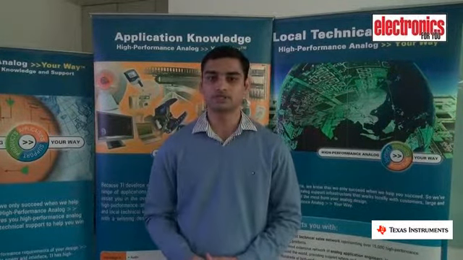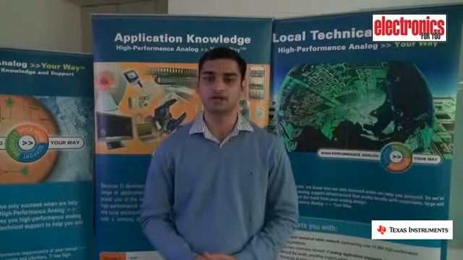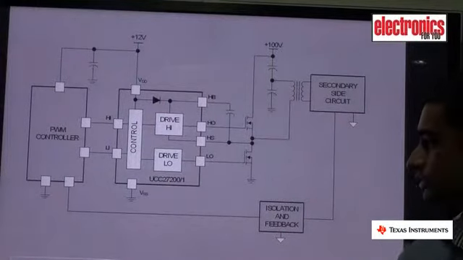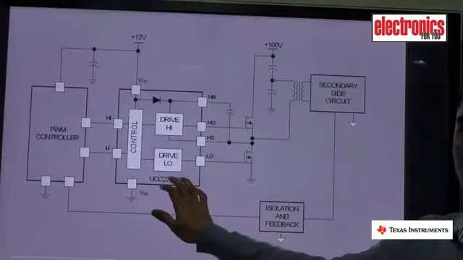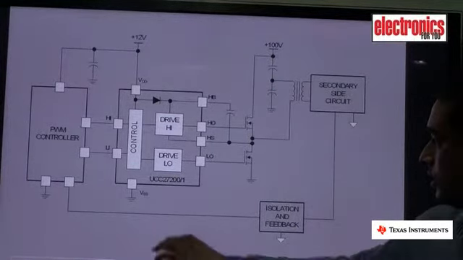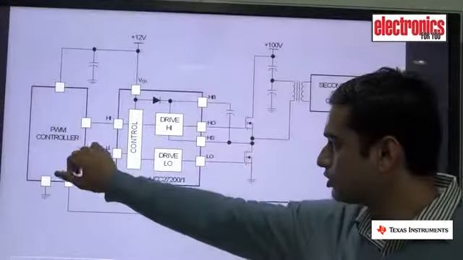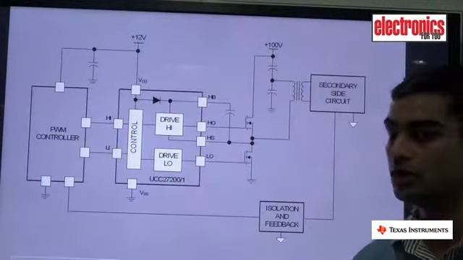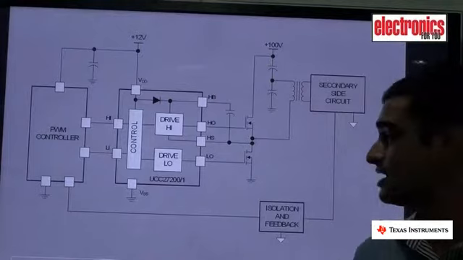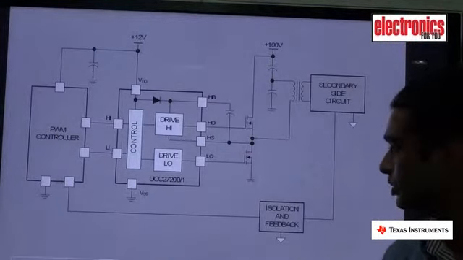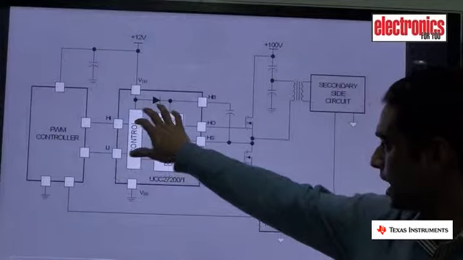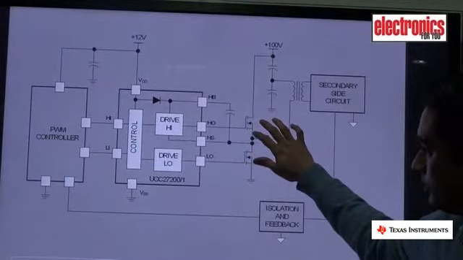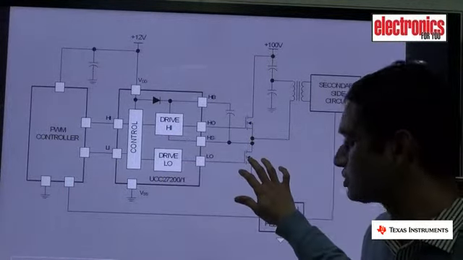I will be taking an example of the UCC27211 half bridge MOSFET driver to explain the half bridge topology of driving the MOSFET bridge. So here you can see UCC27200 used in a half bridge driver stage. Here your PWM inputs come from your microcontroller. Your microcontroller can operate at 1.8 volt, 3.3 volt, or 5 volt, because these ICs can accept CMOS as well as TTL level input. The internal bootstrap diode and the external bootstrap capacitor translate the high side drive to drive your high side MOSFET. Your low side MOSFET is driven by your low side MOSFET driver stage.